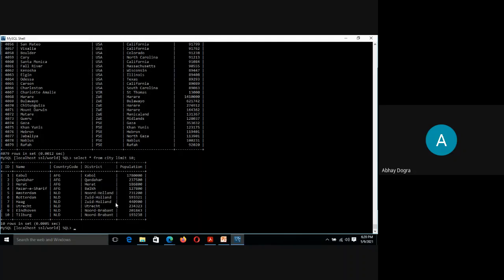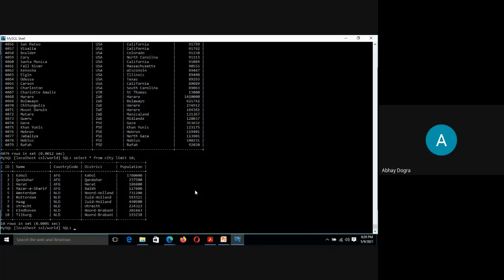So this is how we can limit the number of records in a query. If we want to see the first 10, then it will be limit 10, first 20, then limit 20, and 100 and so on. Now let's move on to the next phase, which is very important.